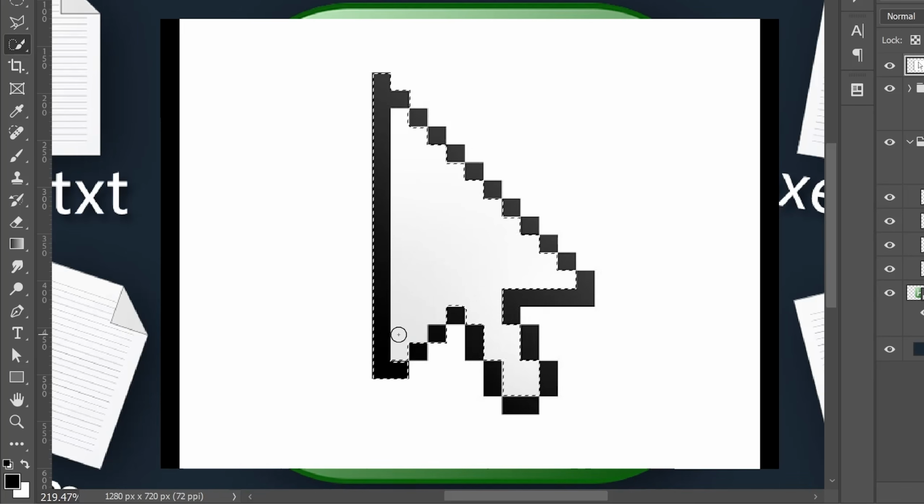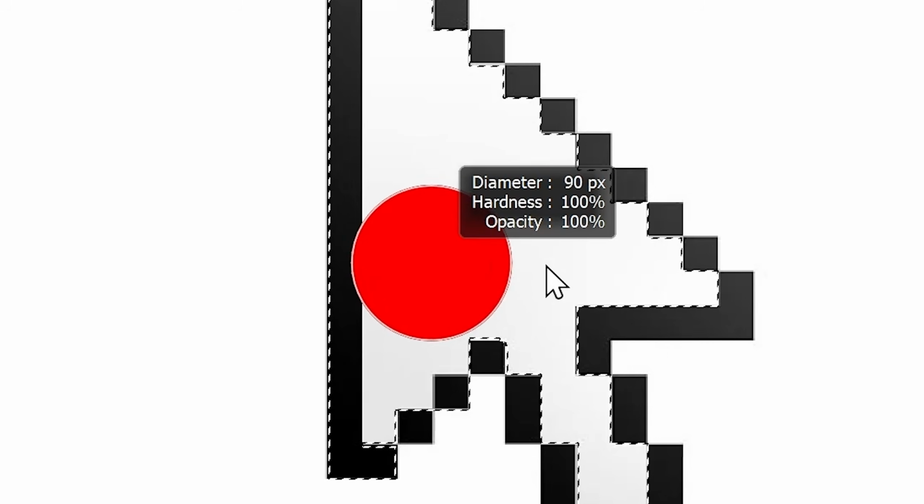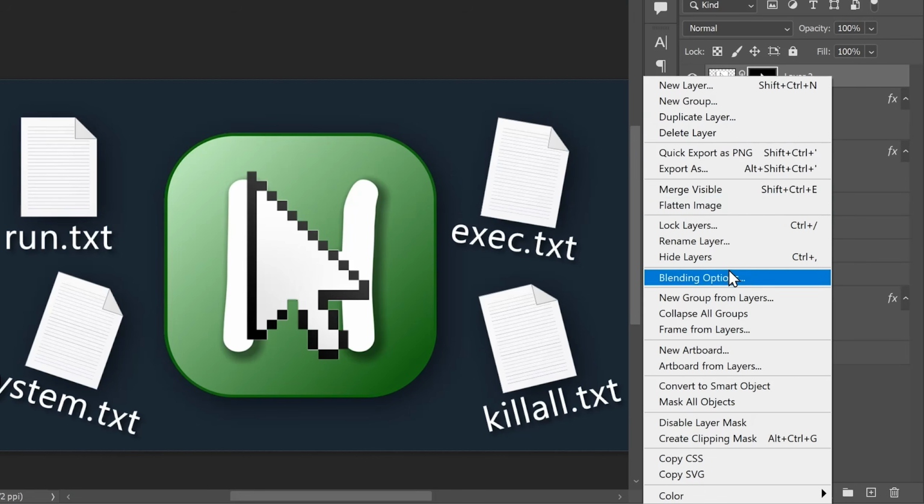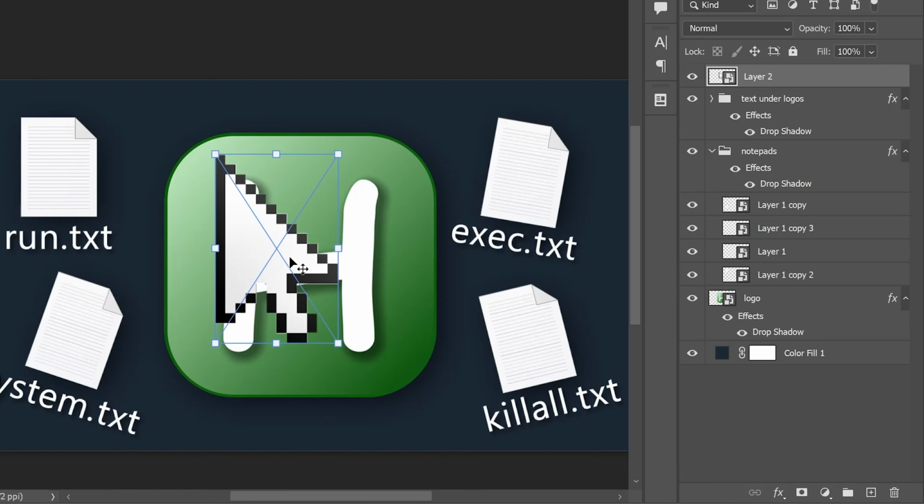I'm going to make the brush smaller. Once again, by holding Alt and clicking and dragging with my right mouse button, I'll select each of these like so. Beautiful. And to remove the background, I'll click the mask icon. Nice. Next, I'll right click and convert this into a small object because I'll be resizing this mouse cursor and